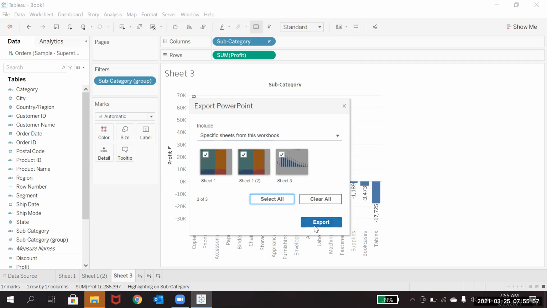I will just select all. If you click on export, it will export into a Microsoft PowerPoint. Filters and everything won't work there as they do in Tableau. Whatever filters you have fixed here, those views will go and be placed in that PPT.